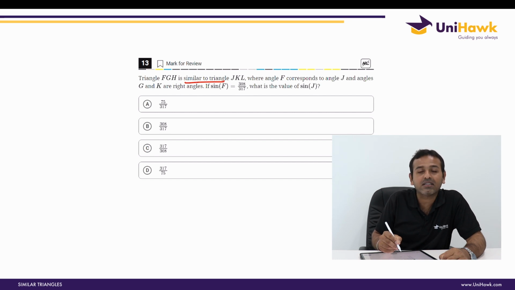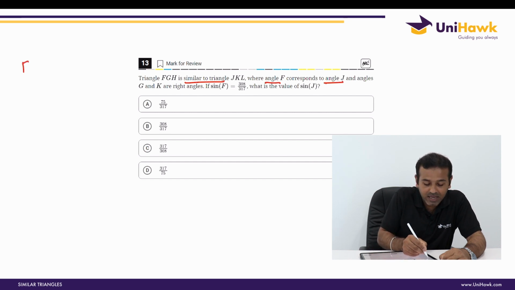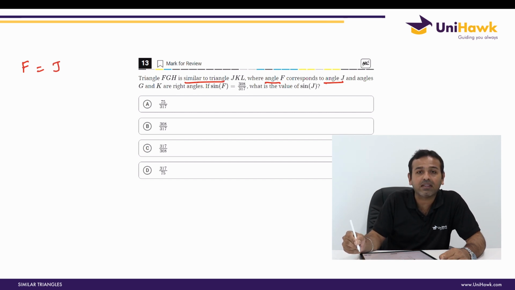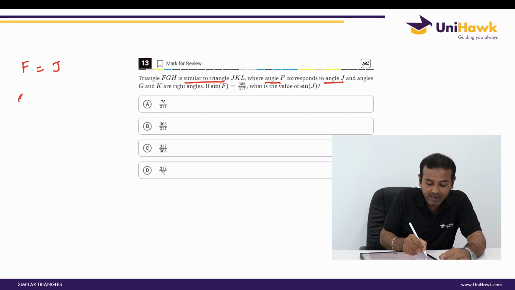And in similar triangles, corresponding angles are always equal. That means here it is given angle F corresponds to angle J, that means we can say F equals J. And here we have another piece of information, which is sine F